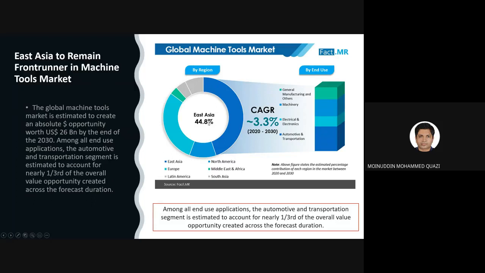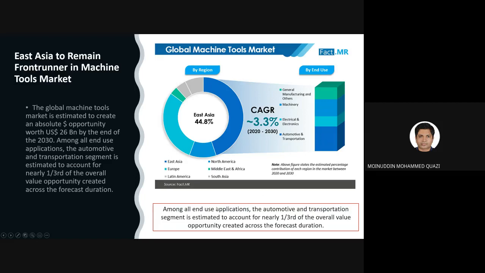It means that CNC technology is one of the technologies which is coming up very quickly in Southeast Asia, whereas in other European countries it is not coming up that fast, because it is already saturated and developed. And where is this growth targeted? This growth is targeted towards automotive, electrical machinery, and other sectors.